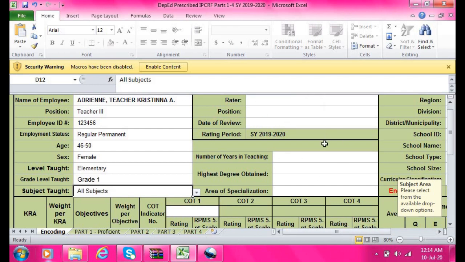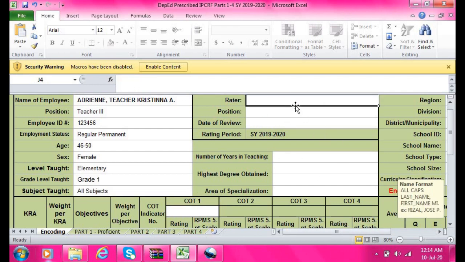Next is lipat na po tayo dito sa bandang gitna. You will type in the name of your rater. So, katulad ng pagta-type nyo sa name nyo, last name muna, then first name, then middle initial. So, your rater could be your master teacher, your head teacher, or your principal. If you are teacher 1 to 3. So, I will type in